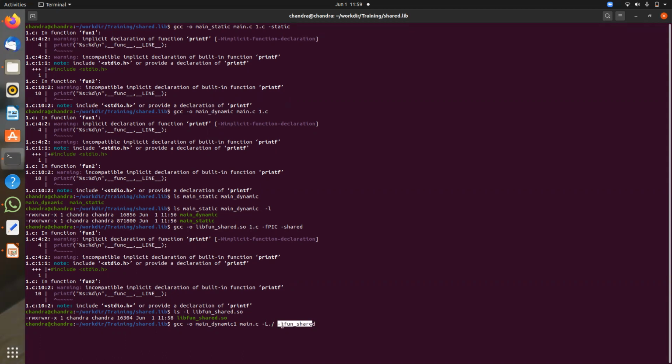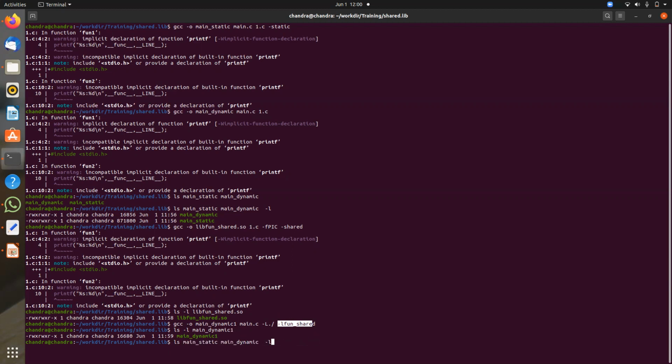If the library name is libfun_shared.so, you have to pass it as -lfun_shared. The lib prefix you have to remove and replace with -l. It is compiled, so ls -l shows main_dynamic1 is available. This is dynamic linking.